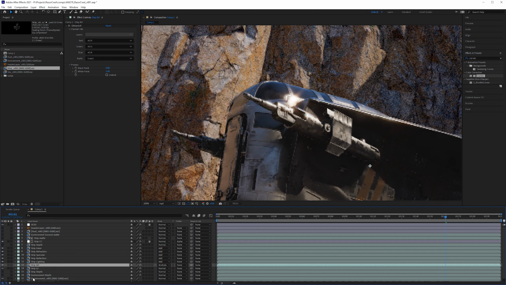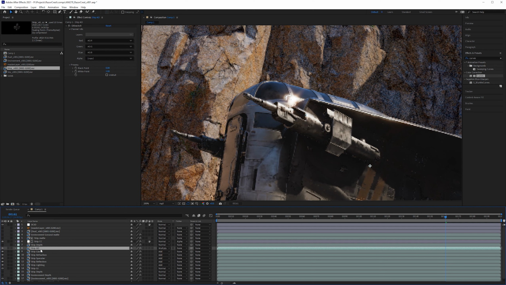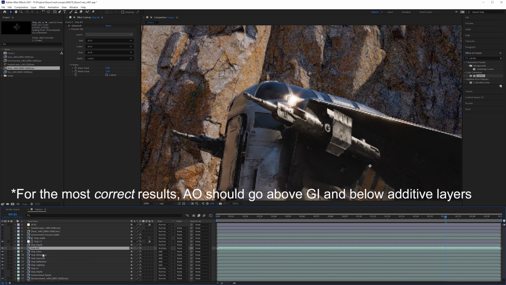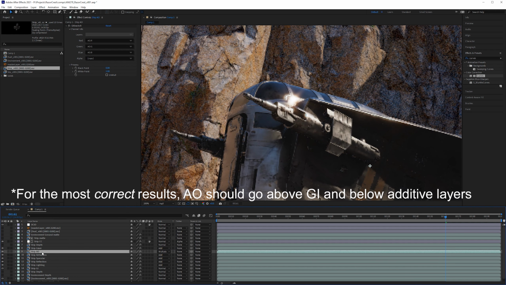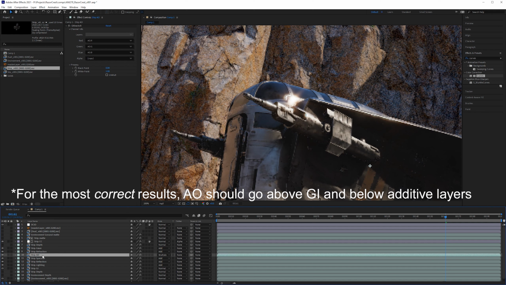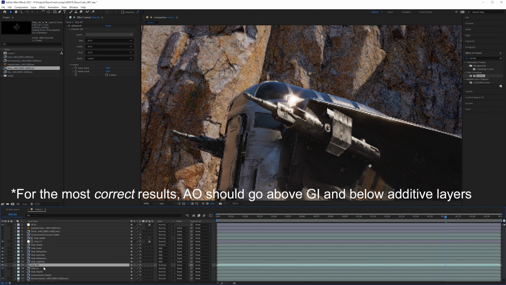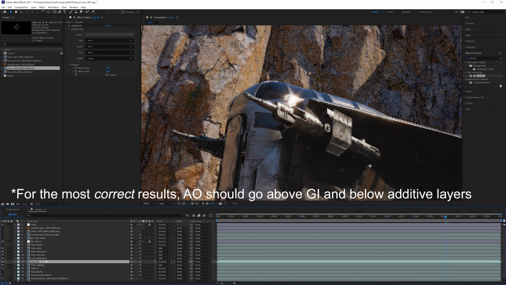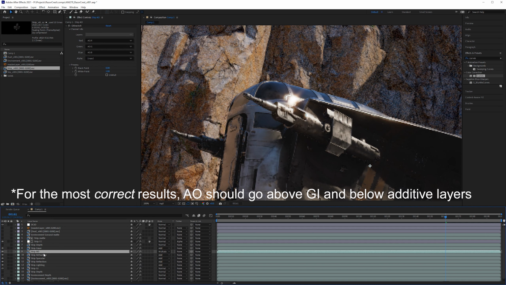You can see everything else gets a little bit brighter now that the reflections are allowed to get a little bit brighter. But because this is not part of the beauty and you are compositing it, you can basically put this wherever it looks visually the most accurate and pleasing. If I put this directly above GI, maybe that makes the most sense for you. That's fine. But if you want it to darken down some of your reflections too, put this on the top of all the other lighting layers,